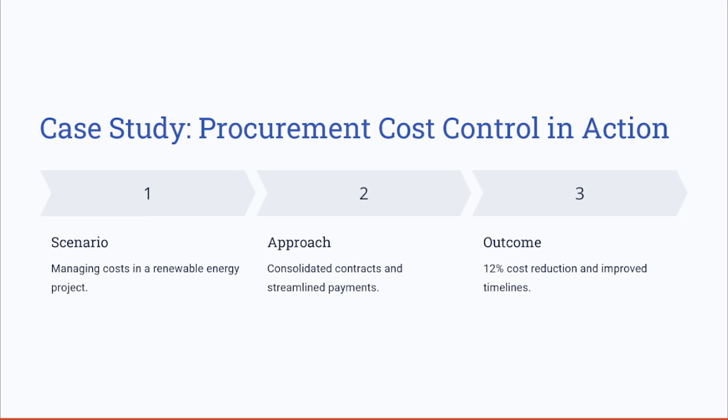Let's say here we have a scenario where, in a renewable energy project, the procurement cost overruns have threatened the budget. This is the scenario that we are dealing with. So, managing the procurement costs in a renewable energy project, and it has cost overruns which have threatened the